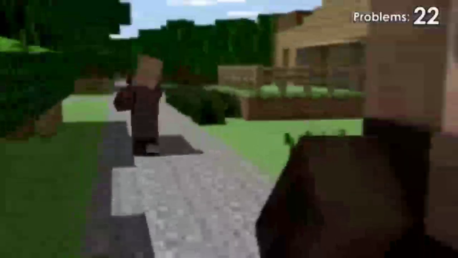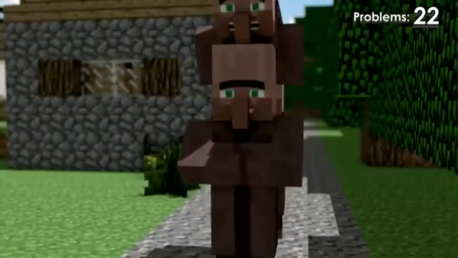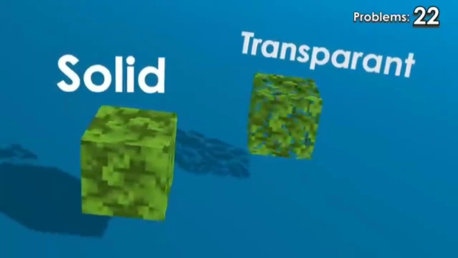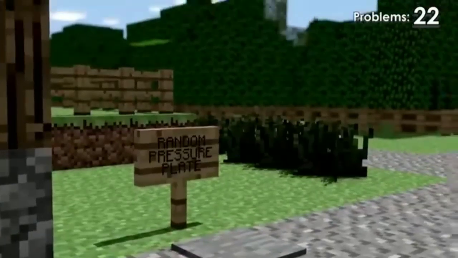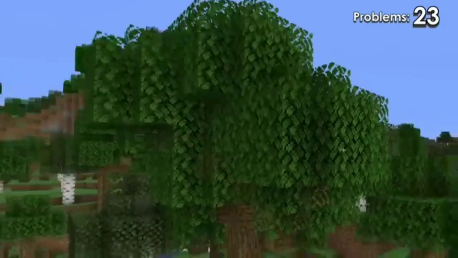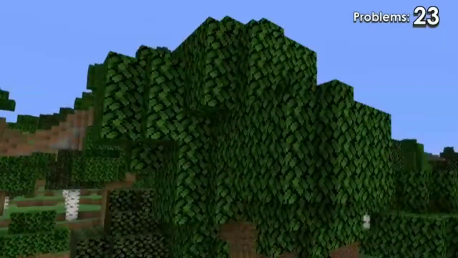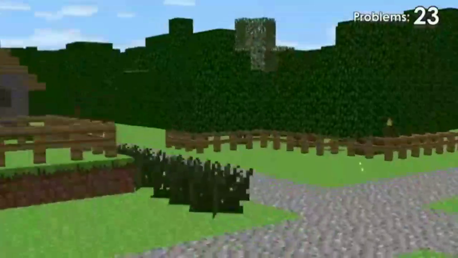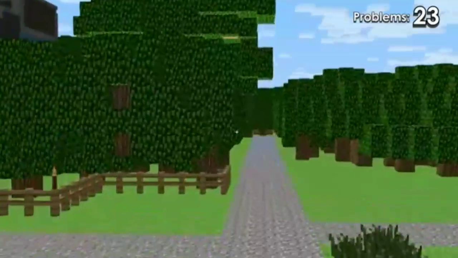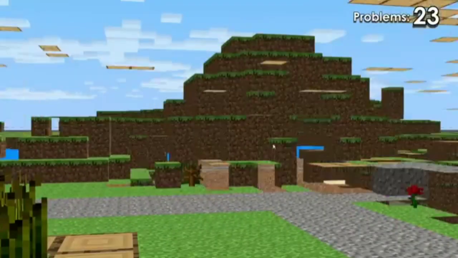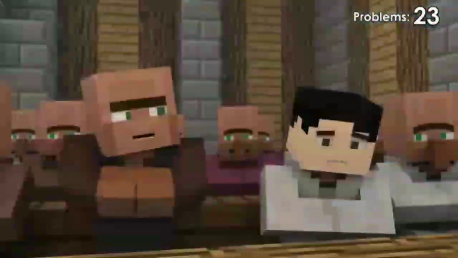Stop! No! Oh, he said no. For a long time we've made the leaves on our trees solid, so you can't see through them, but it looks like one of them here didn't get the memo. In the game, you can make them solid by turning graphics from fancy to fast. We did that so we wouldn't have to build too much. We just placed a bunch of trees that you couldn't see past. Without it, we'd have had to keep building sets all the way to the horizon, or you'd see that the world just ends, or that we build all of our sets in the same world. I knew it!